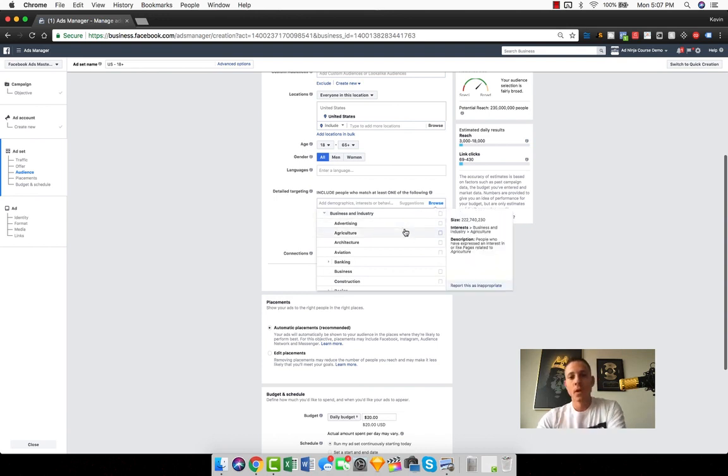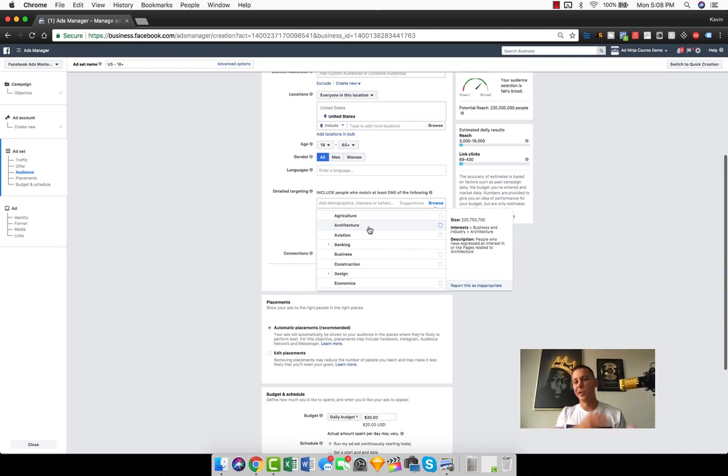this button here. Or if we're trying to target specific stuff to people who are interested in specific business and industry categories, we can do that as well. So if we were a digital marketer, for example, literally targeting people who are interested in advertising, this would be a great one. Again, people that would be interested in a Facebook ads course would probably be interested in advertising. Architecture, maybe we took on an architect or an architect firm into our Facebook ad agency, and we were